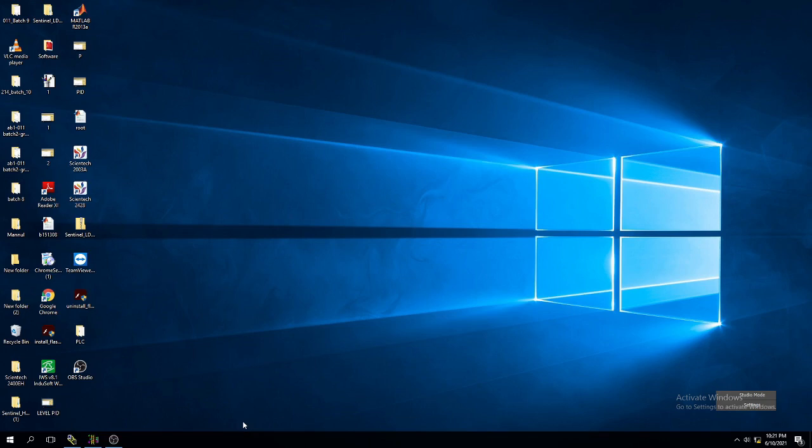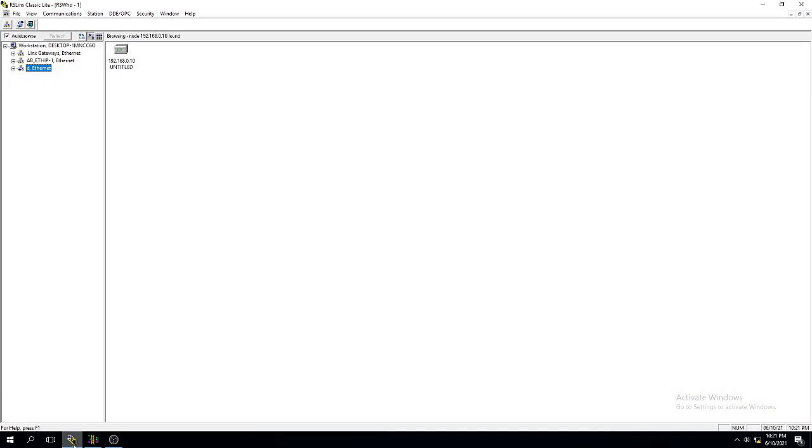Hello students. Now we will discuss the normally open switch. The normally open switch program should be written in the PLC. So first, we have to write the program on our desktop by using our software. Two softwares: the first software is RSLinx Classic Lite. This is the supporting software.